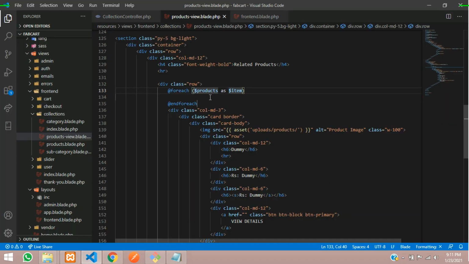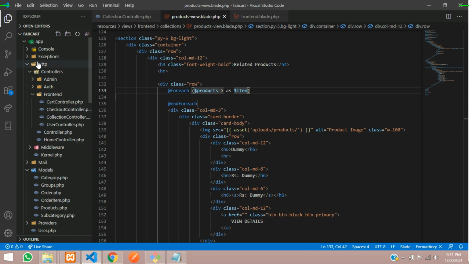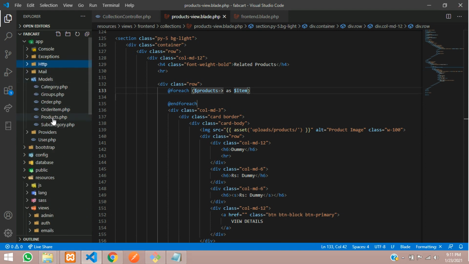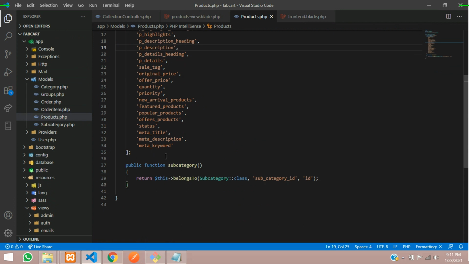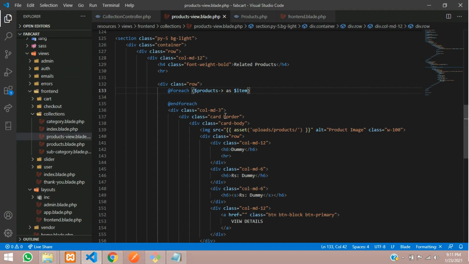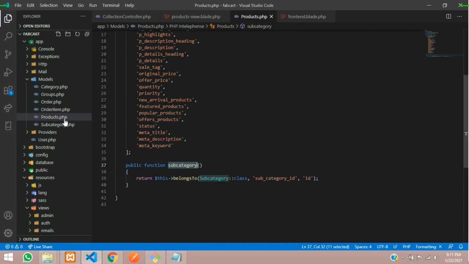Now let's call that brand. The called brand will be a subcategory. Let's go to our product model and see what we call that relationship. In your app folder, inside models, this is the product file. Let's copy this subcategory, which is a belongsTo relationship, and call it over here. Now what I want is its products, so from the subcategory I want products.